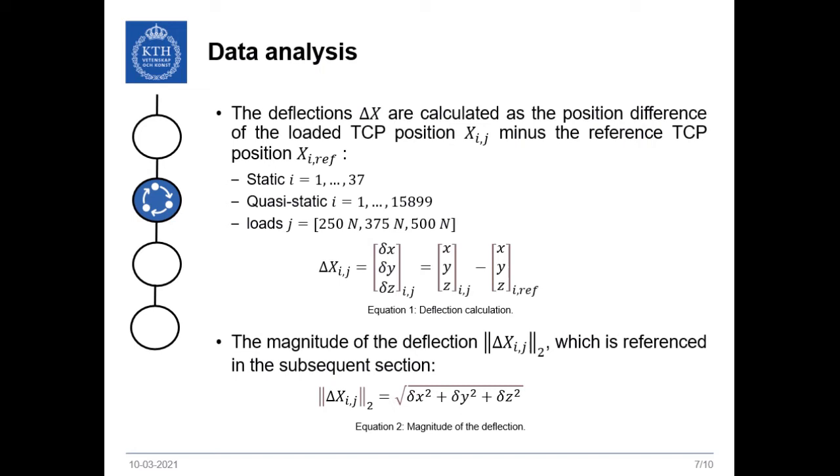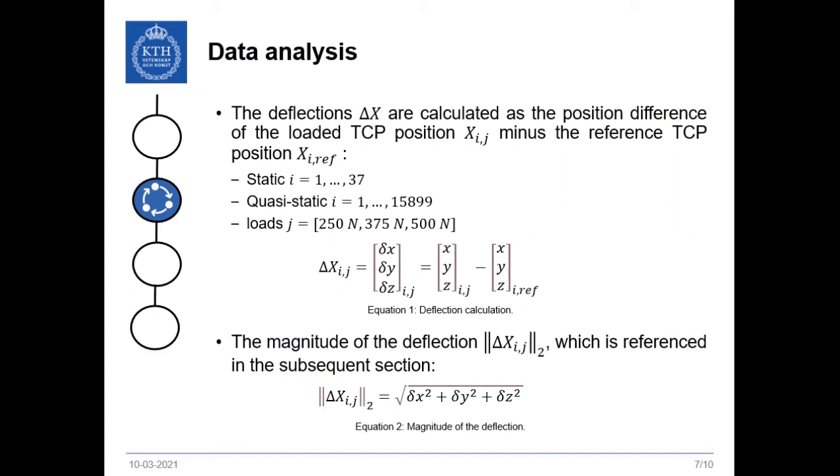The indices i and j represent the position and loads. That is, there are 37 static configurations and there are 15,899 quasi-static configurations. For the quasi-static deflections, one has to remove the angular overshoot, and